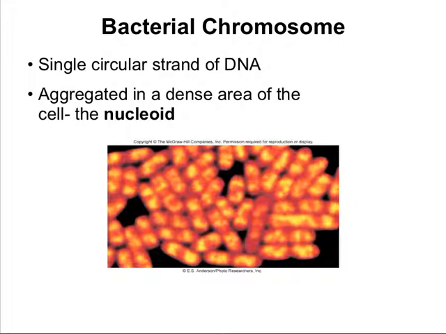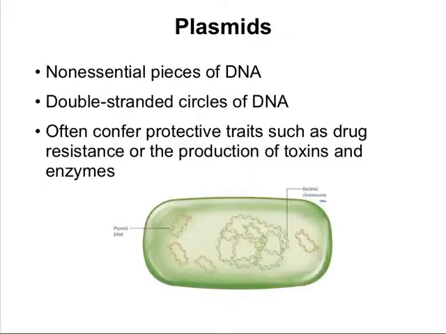This DNA is coiled around protein molecules in order to fit into their nucleoid compartment. This nucleoid region is an aggregated, dense area in the cell where we see the DNA arranged. The DNA contains genes along its length, and these genes code for information that's required for growth and maintenance of the cell. In addition to the mandatory prokaryotic chromosome, many bacteria contain other pieces of DNA beyond this essential chromosome